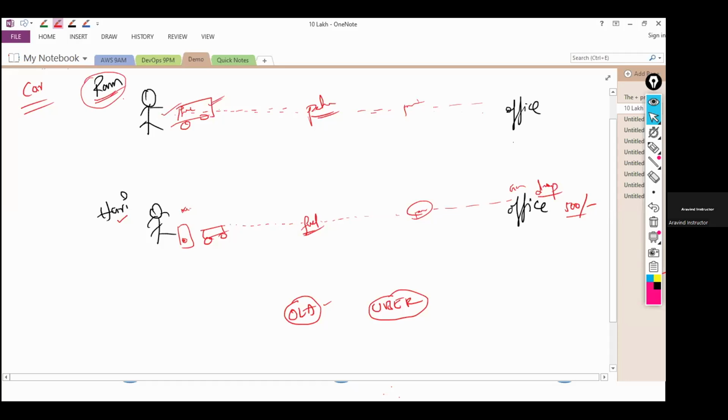No, let's say from next week, Ram is not going to office. They have given work from home completely. He's not using the car. He kept it in the parking place. Still, he has to pay EMIs, right? Can he say, I'm not going to office, I'm not using your car, I will not pay EMI? No. The bank people will take his car.